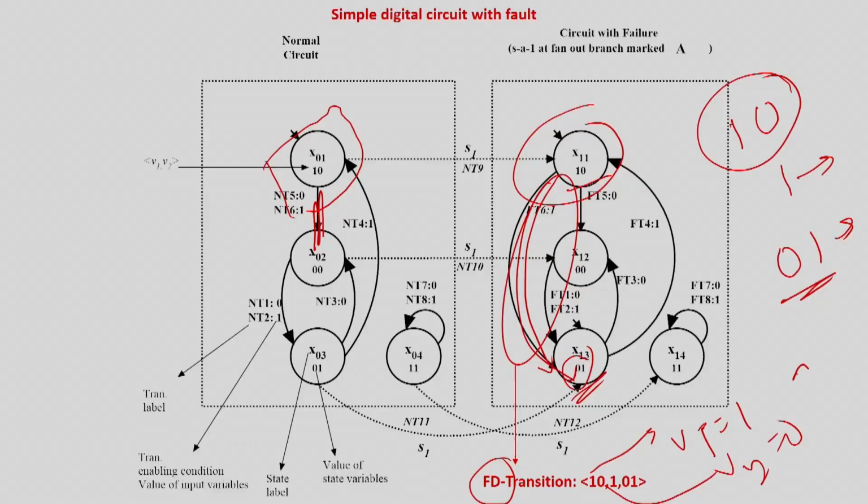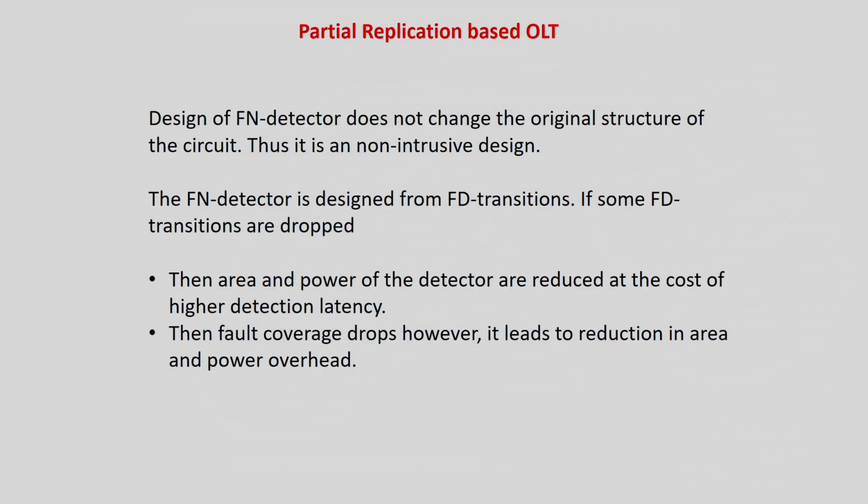How do I avoid it? But the key role I have to appreciate here is that it is a very online, very non-intrusive design. It just draws some lines from the circuit under test and takes the decision. While the circuit is running, the FN detector is basically tapping some lines from the CUT, that is the state lines and the input lines, and trying to find out whether the circuit behavior is proper or not. So that is the key role of partial replication. Any circuit with a partial replication based architecture is non-intrusive, but the circuit size is much higher.